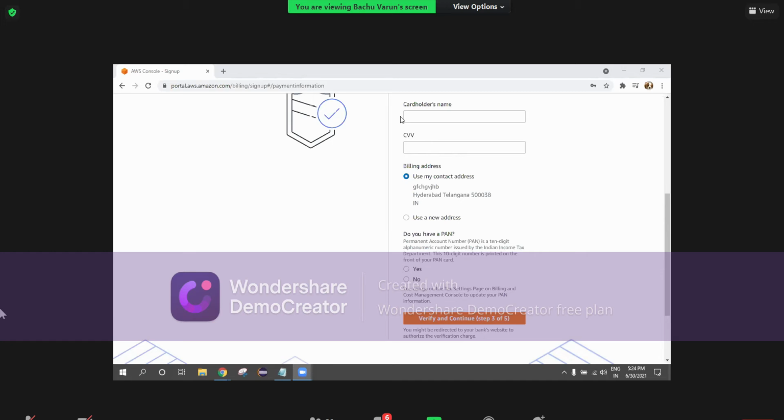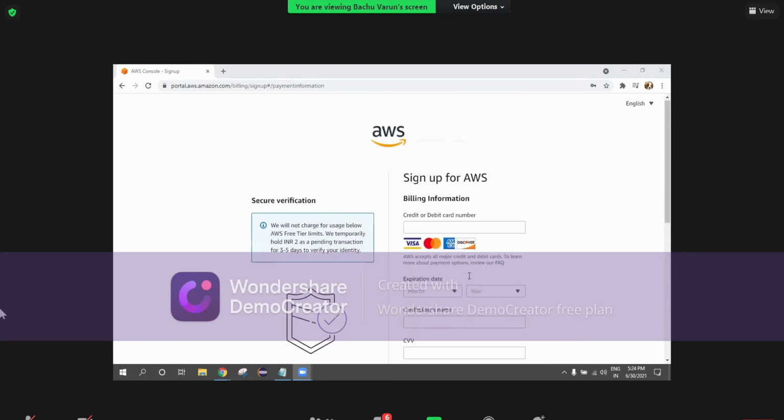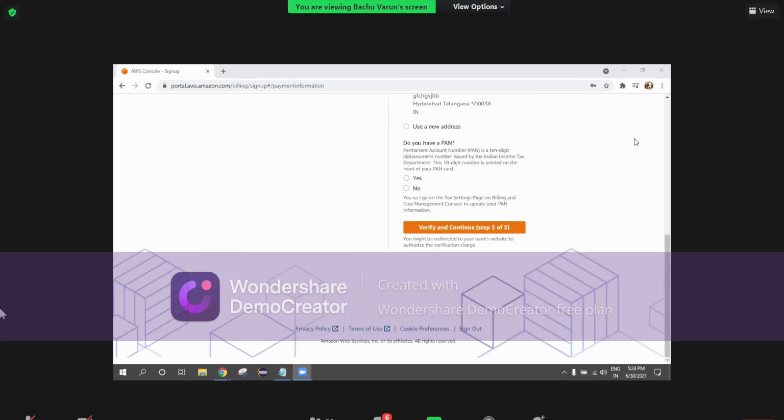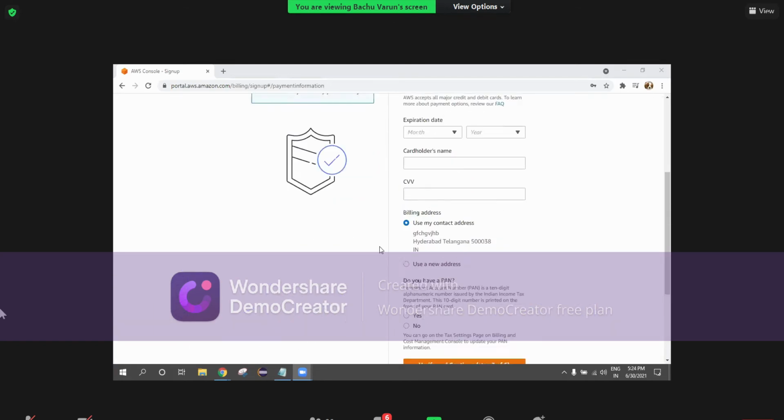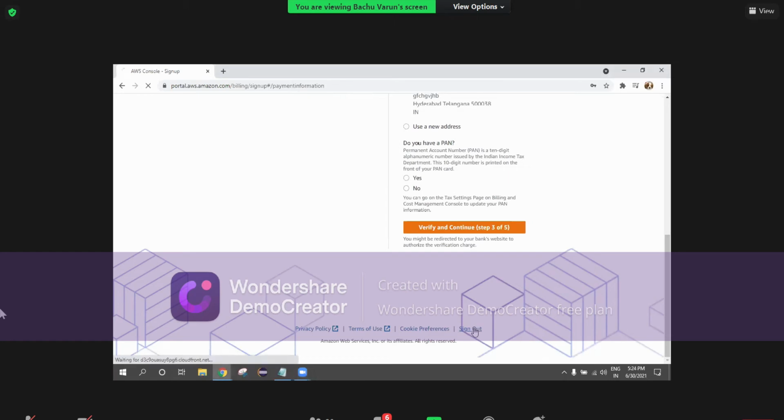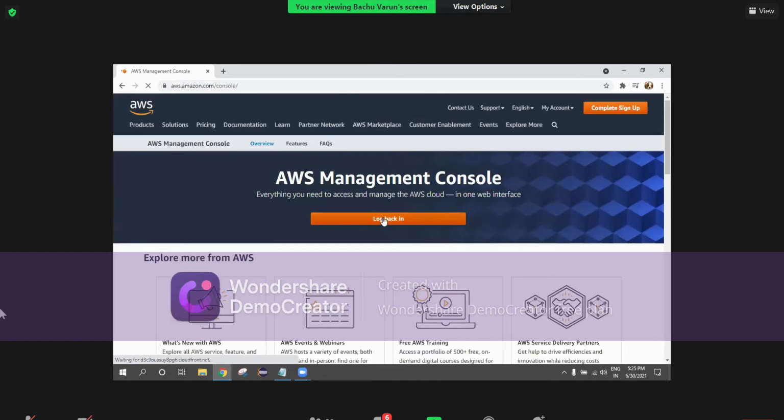So firstly, let us see the practical on day one. Then you can start creating your account. First account can be created, right? And whenever you are providing PAN details, there is no loss because this is totally trusted, right? So as of now, I'm not going forward, but after completing your process, verify and continue, right? From there, you'll be logged into the portal. As of now, I'm not using it because I have my own details. So I'll be logging in with my own account.